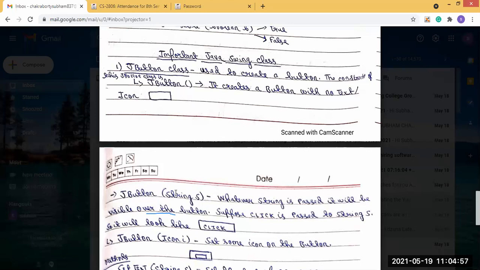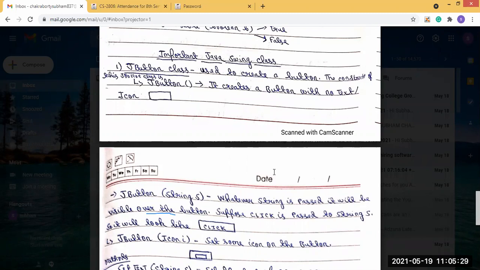So the button will be created, and the icon will be shown over it. These are the methods and constructors that are present in the JButton class.